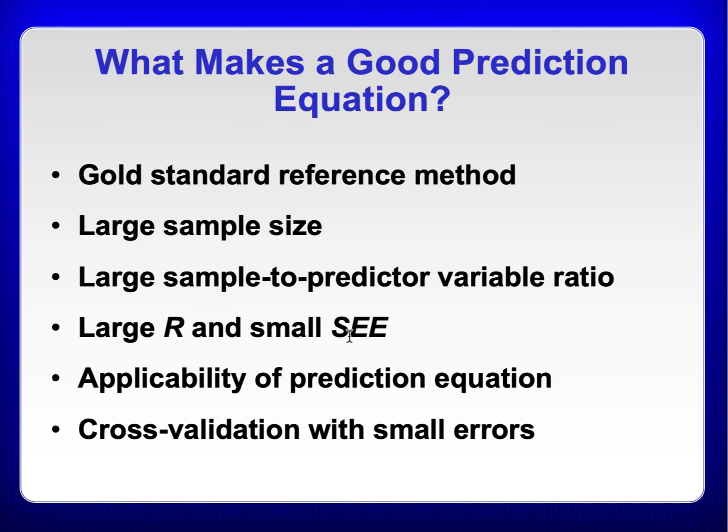So we have exercise prediction equations. Some of the things that go into it: large sample size, the larger the sample to predictor variable ratio, large R and small standard error, applicability of prediction equations, cross-validation with small errors. Essentially, part of this is also when you complete the measures, you're doing it within your population. So if you're looking at a prediction equation in older individuals, to develop that data on older individuals may be more accurate for